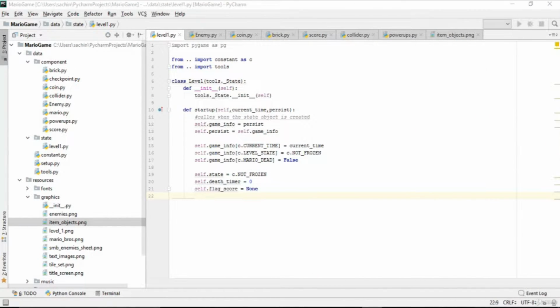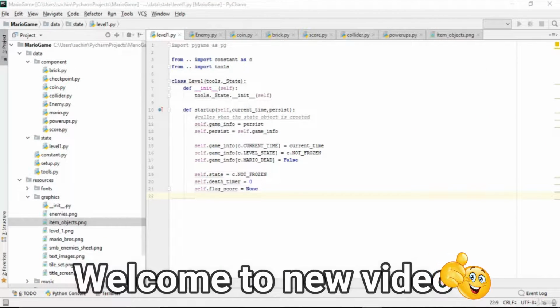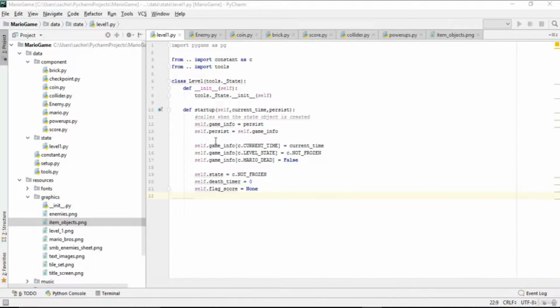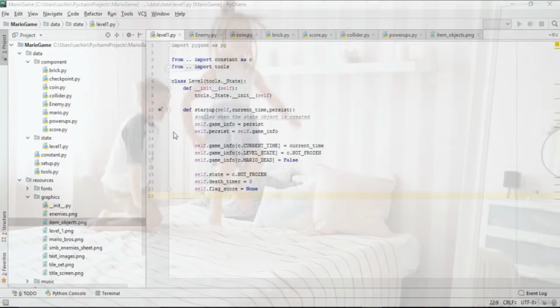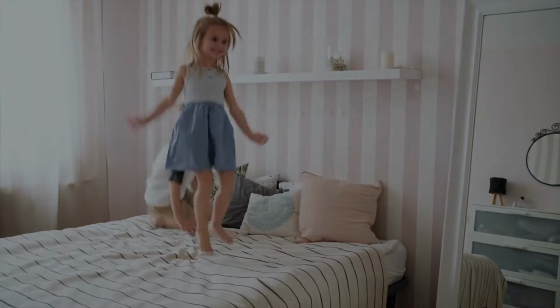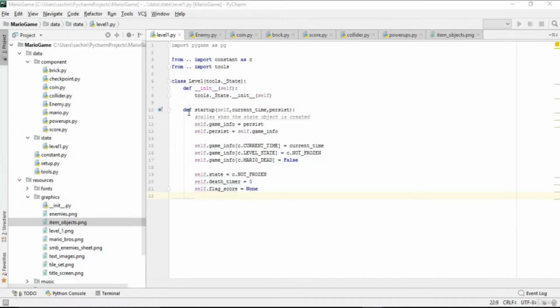Welcome to this lecture. In the previous couple of lectures we have dealt with the components: bricks, coins, enemies and our player Mario. Now it's time to work on this level. So go to this, after this define startup, we'll just call some functions here that will set up